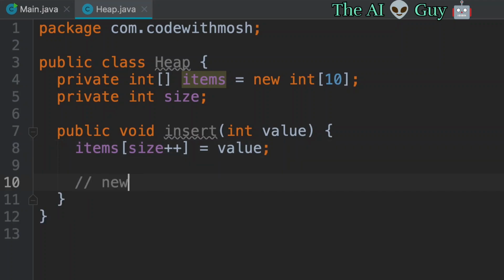So if this new item is greater than its parent, that means we should bubble up this item until it's in the right position. So what is the index of this new item? That is going to be size minus 1. Because we just incremented the size field by 1, so the index of the last item is size minus 1. Now,